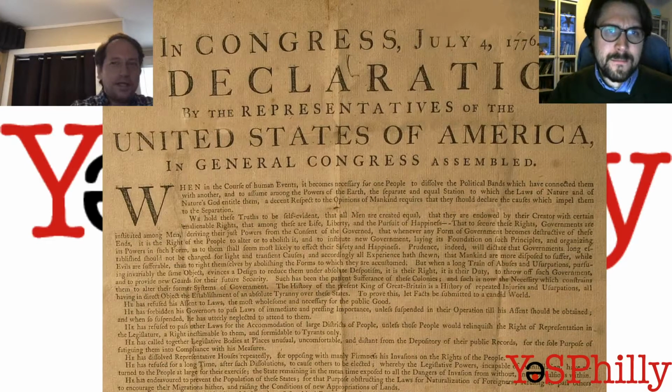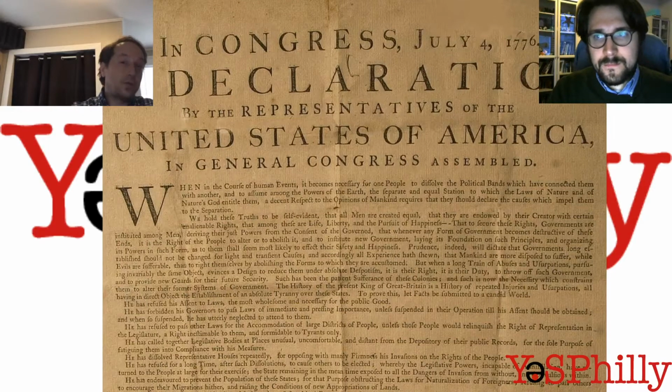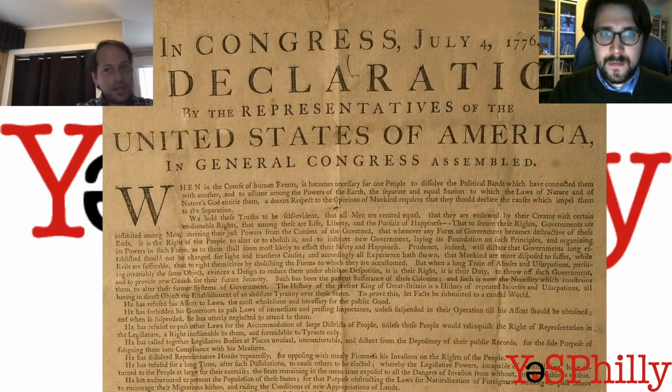really three key sort of Enlightenment ideas that underpin the Declaration, and especially the sort of introduction and the preamble. And those three Enlightenment ideas are the social contract, the ideas of liberalism, and the idea of natural law. So we'll say a little bit about each of those quickly. The idea of the social contract